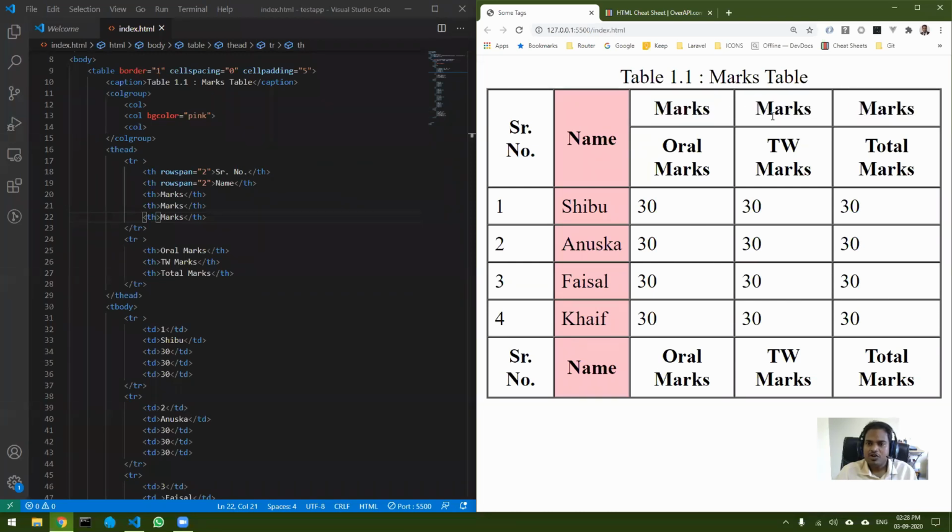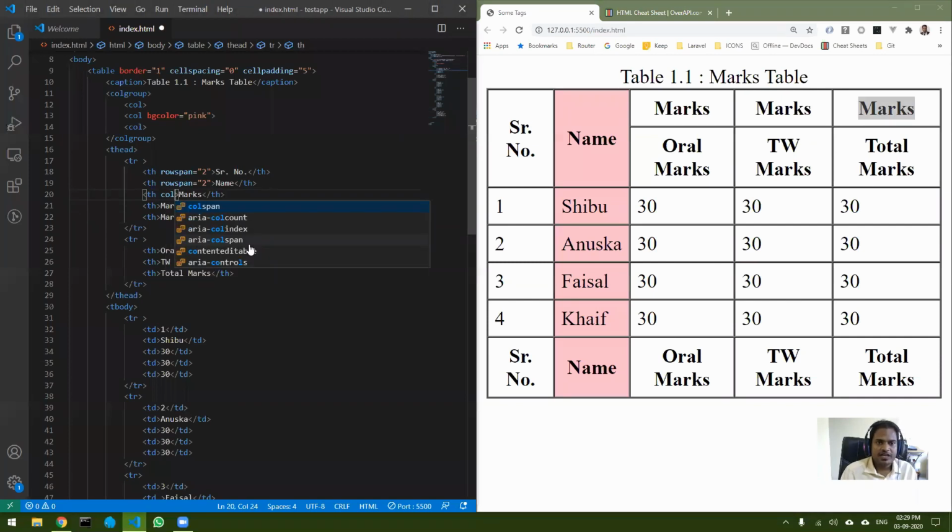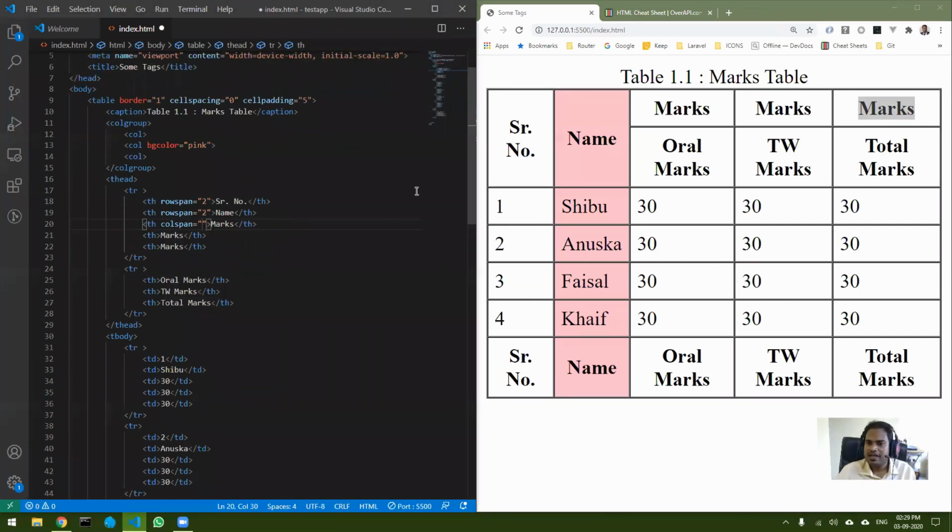But this time, which things do I want to merge? Do I want to merge the rows or the columns? You can see I want to merge columns, right? So this time I will come to the first tag, and I will do colspan, and how many columns do I want to span? 3 columns, right? Because this is the first one, this is the second, and this is the third.